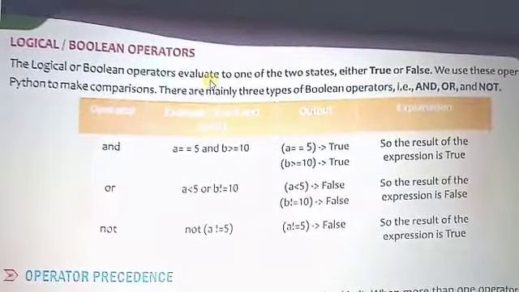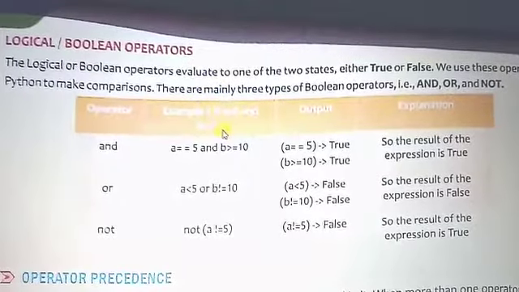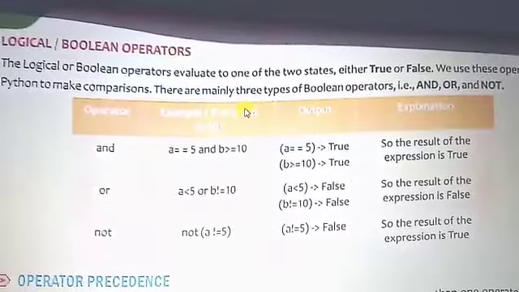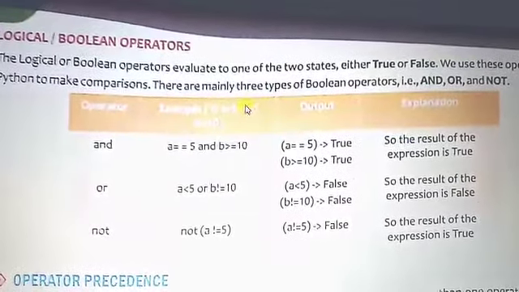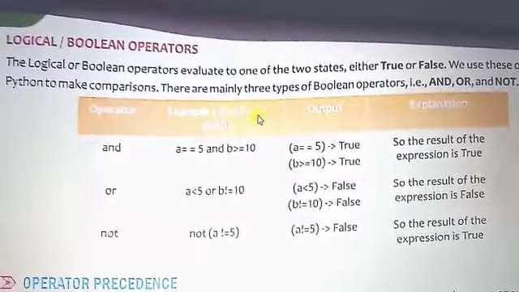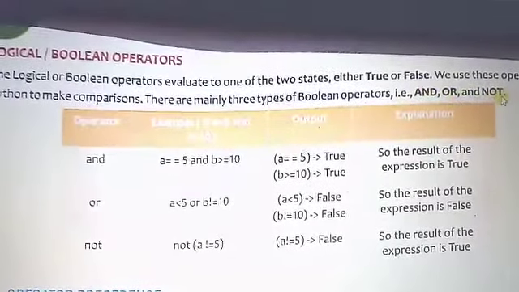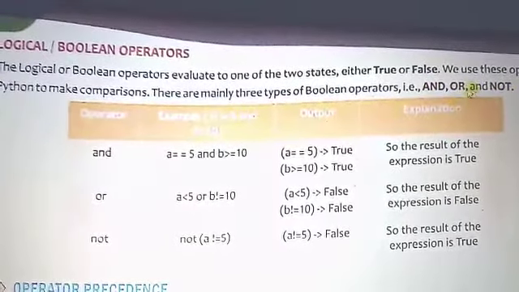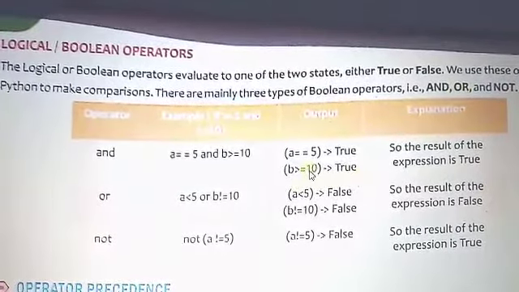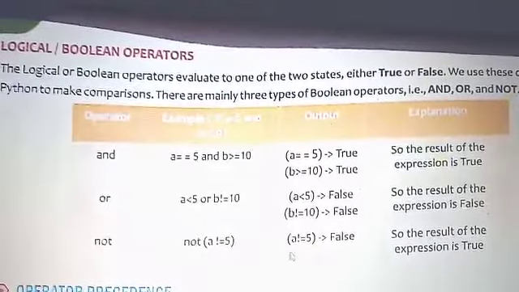Basically, logical operators are used to combine two or more expressions at a time and produce the output either true or false, that is, a boolean value. So it is also known as a boolean operator. Logical operators are of three types: and, or, not. The AND operator and the OR logical operator both combine two or more expressions, but the NOT logical operator works on just a single expression.